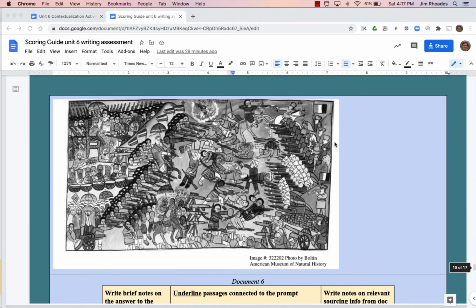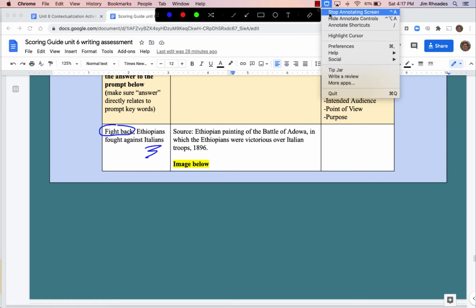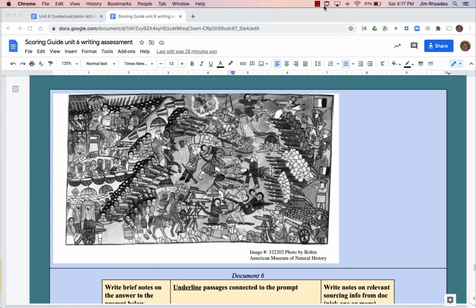It's that image of the battle between, as it says here, Ethiopian and Italian troops, and it shows fighting, so I put they fought back. In this case, they're fighting against the Italians. And for evidence, I can just describe what I see in the picture. I can talk about the guns, the people who are dead, the cannons pointing at each other to prove that